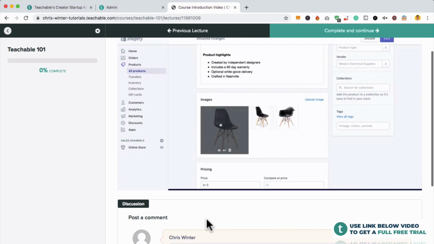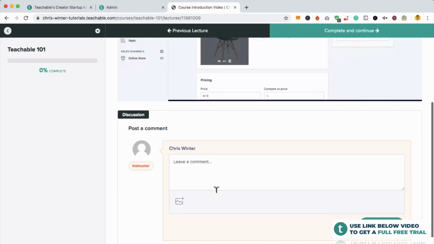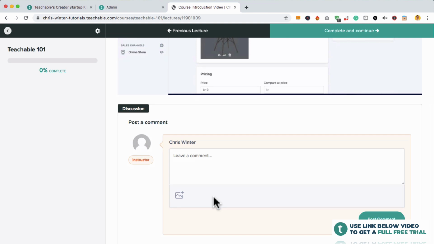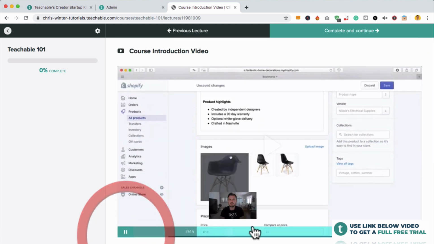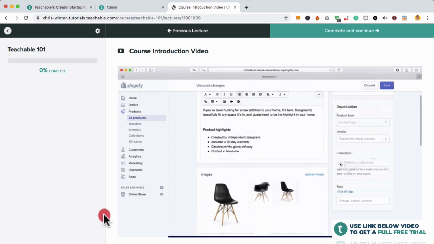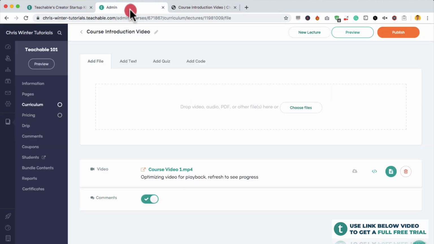So this is the discussion box down here where they'll be able to leave comments about the video. They might have questions, or you might kind of encourage them to leave different answers to questions that you have in the video. But you can see that it does play really quite nicely. And this is a great way of delivering content. So let's go back now and we'll click Publish. Of course, there are no students right now, so it's fine to publish this content, and we'll jump back to